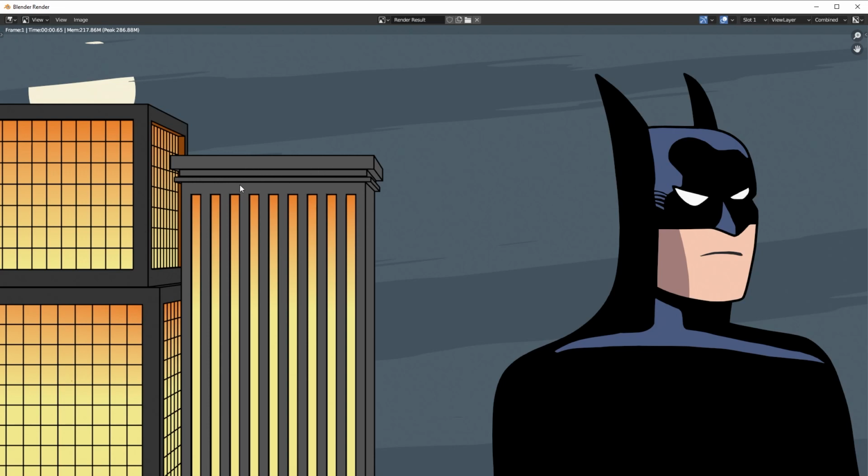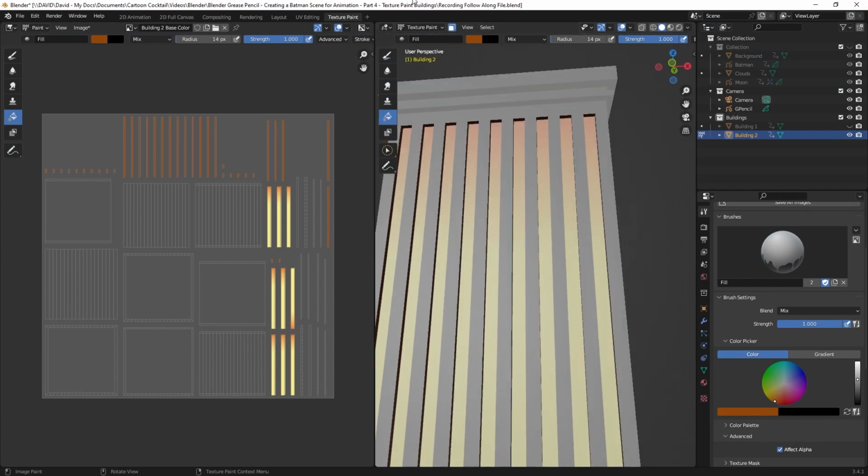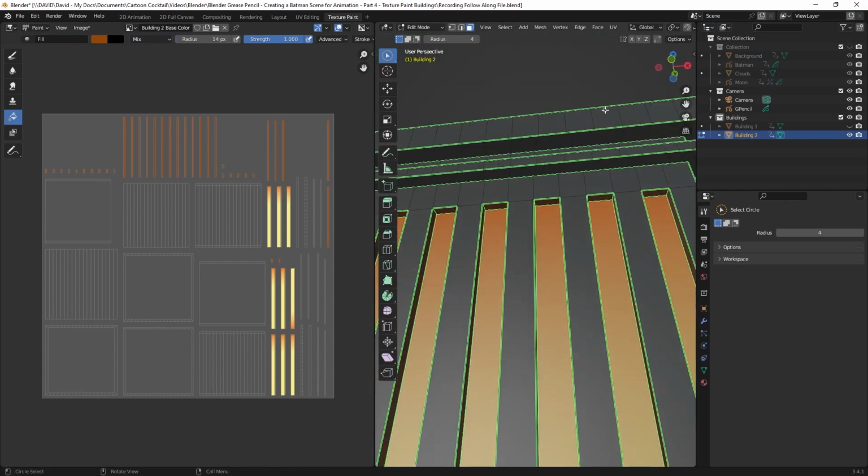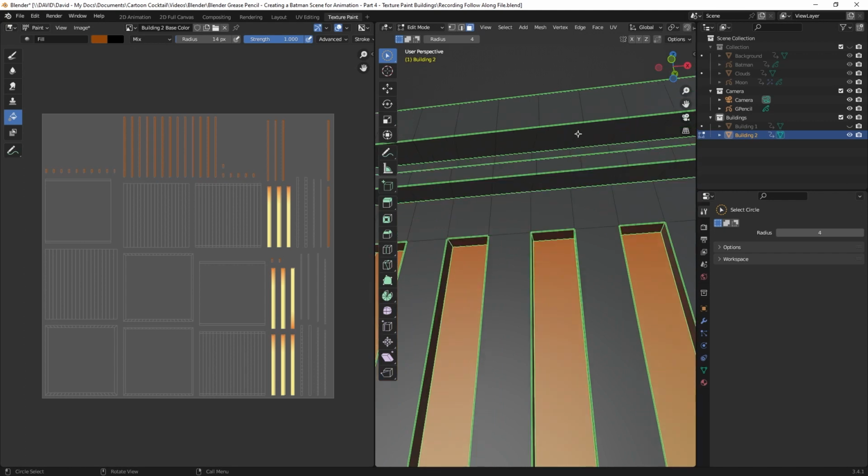So on this second building, I'm going to change the color of the underside of these ledges to make them darker to kind of give it a little more weight. So to do that, I'm going to go to edit mode. So I'm going to click in the viewport to deselect everything. Now I'm going to click on an edge between 2 polygons, which is kind of hard to see here. But I'm going to hold Alt while I do it. And you can see I selected that whole loop. So I'll hold Shift and Alt and click on one on the other side of the other ledge,